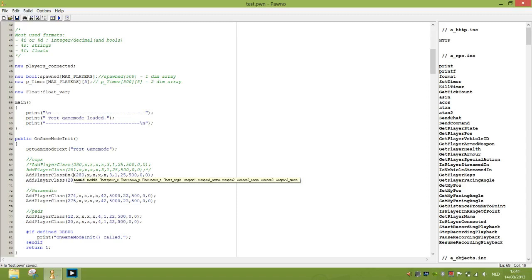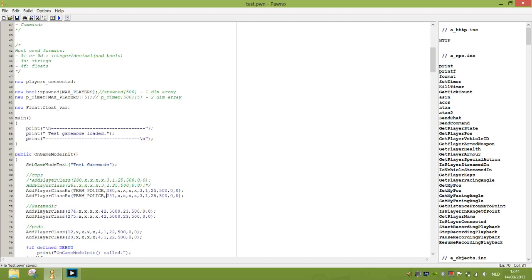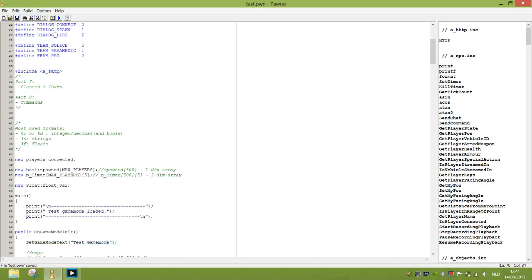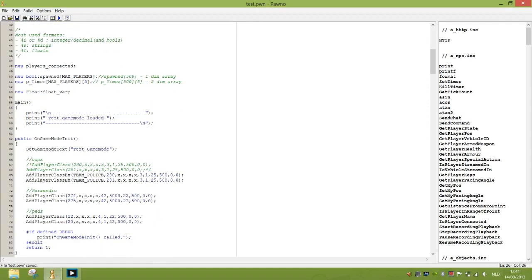You just do the X in front, and then add the player team. So these are cops, so we're going to say team police, right? Cops are police, and team police is 0. This is team ID 0. So we define it. Then we have the same for paramedics